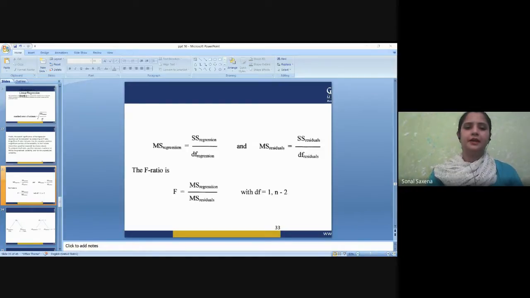So now at the end, we'll see what all are the applications of this linear regression. Now, the first application can be the trend line. A trend line represents a trend, the long-term movement in time series data after other components have been accounted for. It tells whether a particular data set has increased or decreased over a period of time.